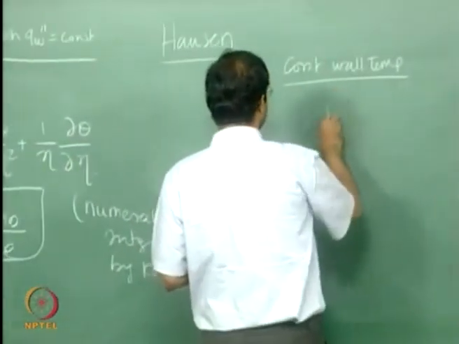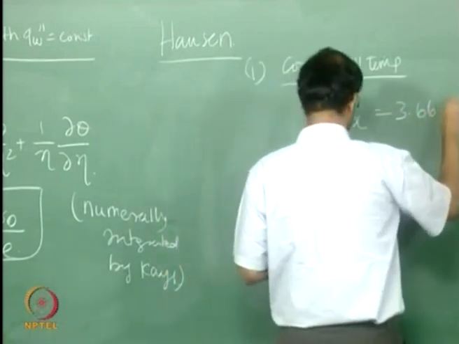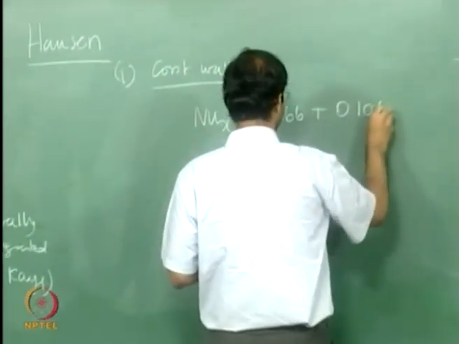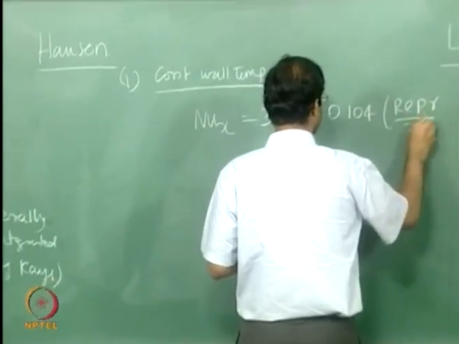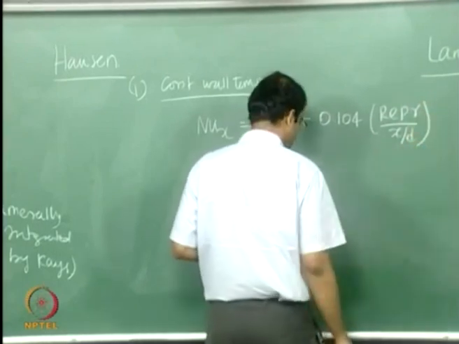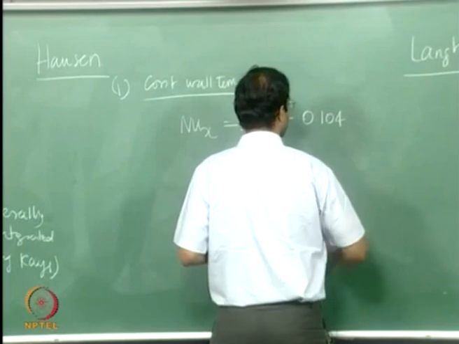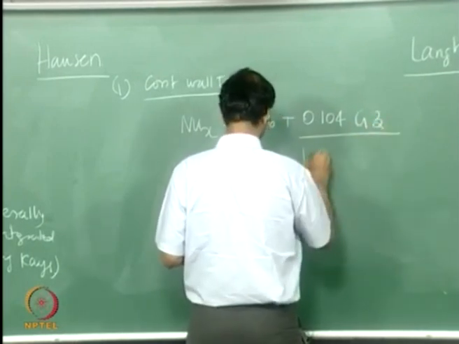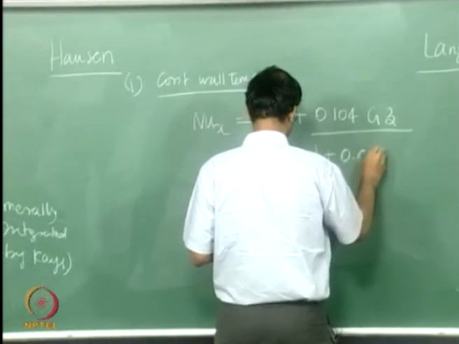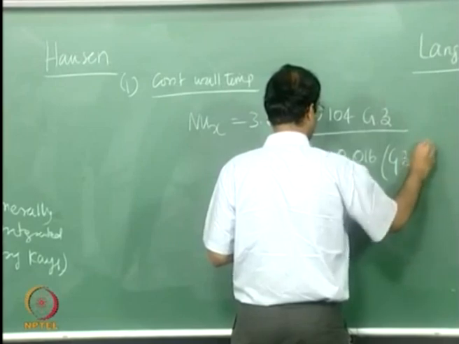So the Nusselt number variation was expressed as 3.66 plus 0.104 Re Pr x by d, which is nothing but the Graetz number. Okay, so you can write this directly as Graetz number divided by 1 plus 0.016 into Graetz number to the power 0.8,